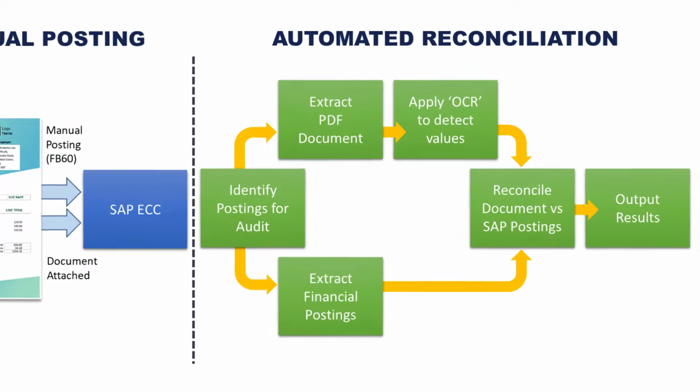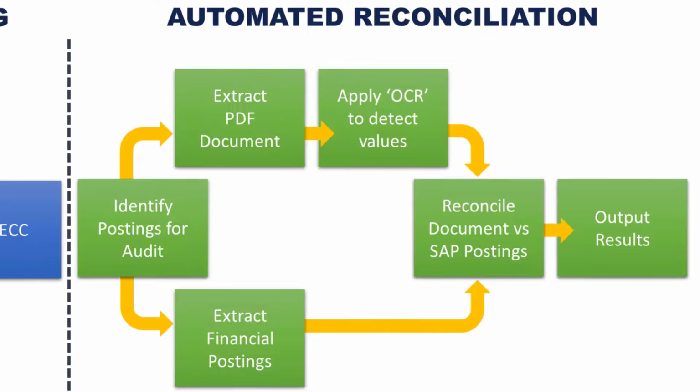Let me explain how this Alteryx workflow operates. Firstly, we identify the postings that we want to audit. That can be random samples, anything we wish. We then use the DVW Analytics SAP document tool to identify where attachments exist and to extract them into Alteryx. We can then use some great new tools from Alteryx which allow us to interrogate those PDF files and extract